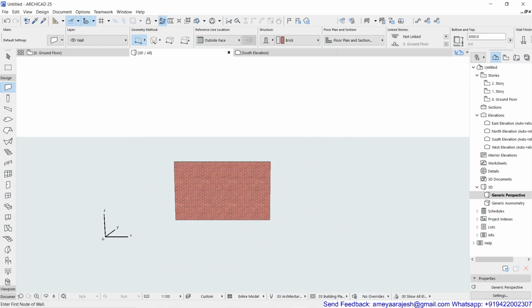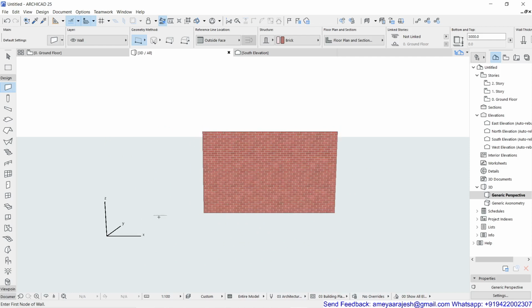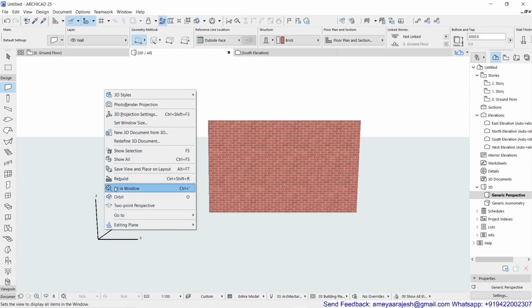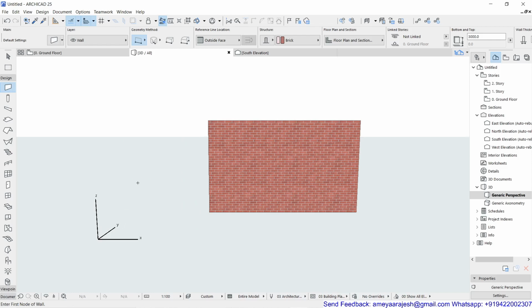Now you can check there is an x-axis, y-axis and z-axis over here, and my object is now getting displayed in 3D. If you want to rotate this, there is an orbit button available at the bottom of your screen. You can also give a right click of the mouse, and in the context menu orbit is there. Otherwise O is the best option, because O is the hotkey, so you can press that also.